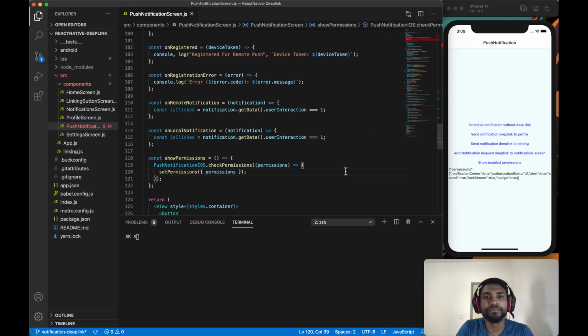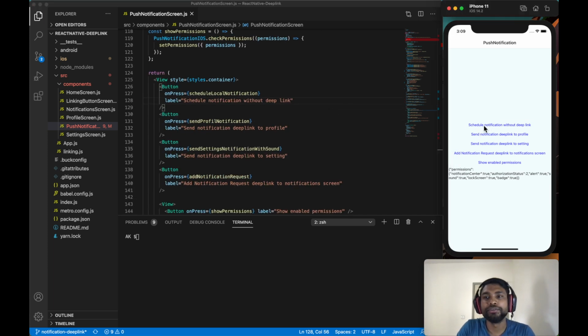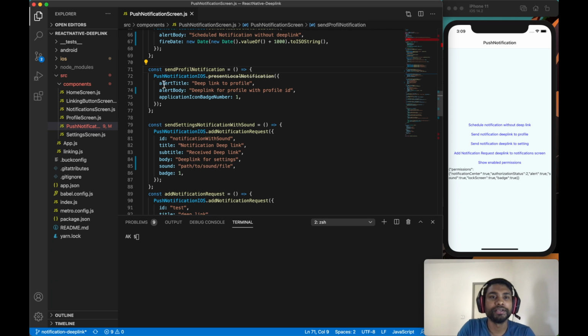Okay, let's not waste time and start coding. On the first button, schedule notification without deep link, it should show a notification without deep link, so it's working as expected. On the second button, send notification deep link to profile, when I click on the notification, it should land me on the profile screen. If I go to the send profile notification function, here we have the title, deep link to the profile, and the deep link for the profile with the profile ID.